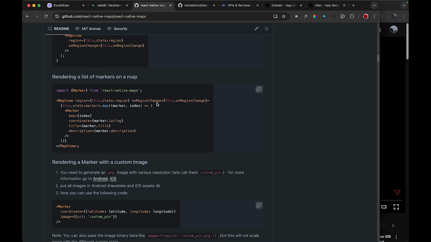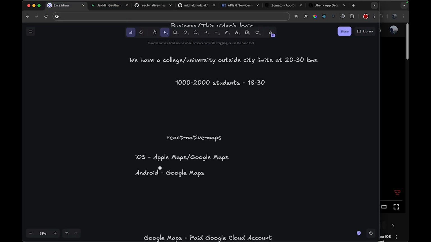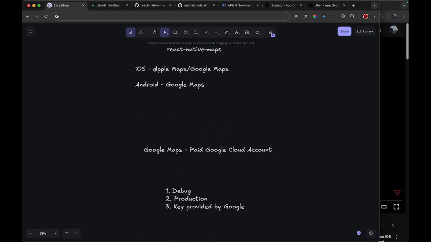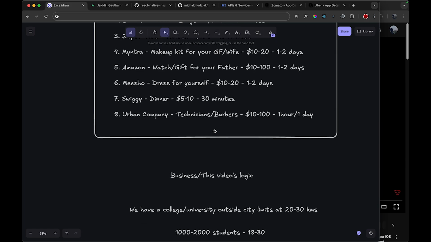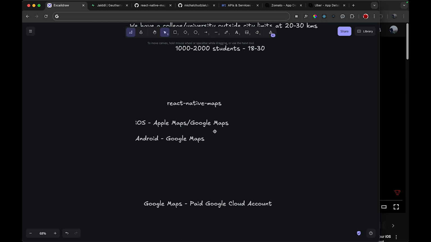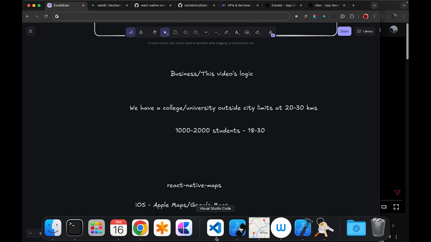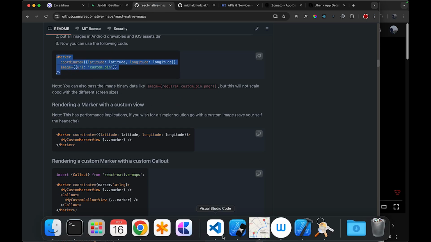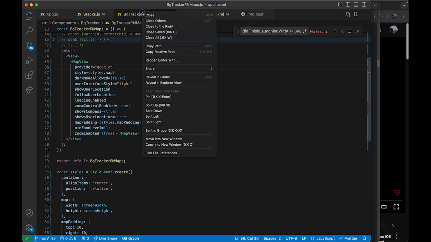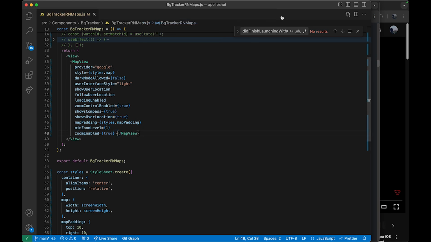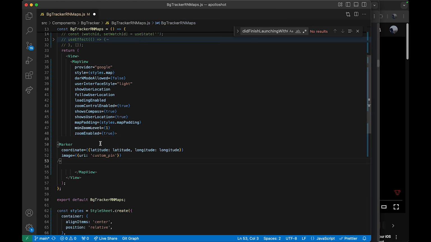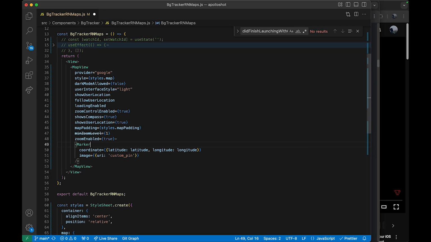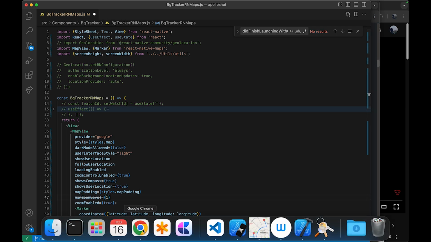Now, what is our plan? Our plan is to have two things. One is, we have a restaurant, and from that restaurant the driver is going to drive to the user's location. So we need to use something called a marker tag for this. I'm simply going to copy this, close all these things, go here and add it there. So, marker,